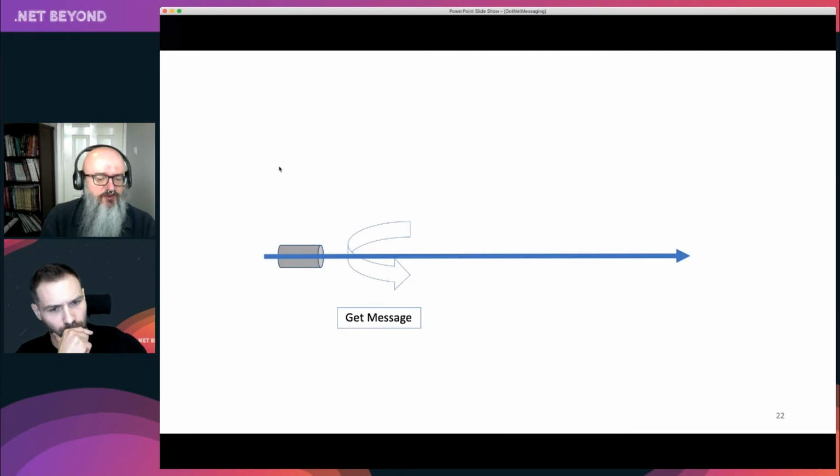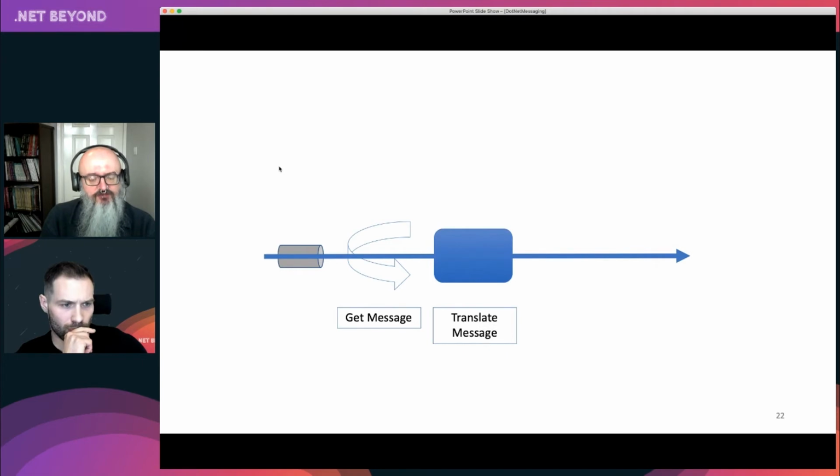Generally, all message pumps follow the same kind of model, which is I go and get the message. Either it's pushed to me or I poll for it on the queue. When I have that message, I need to translate the body of it into something I can understand. The body may be in some kind of format like JSON or XML, perish the thought, or maybe a binary messaging format like Avro. I want to turn it into something that my type system understands in my code.